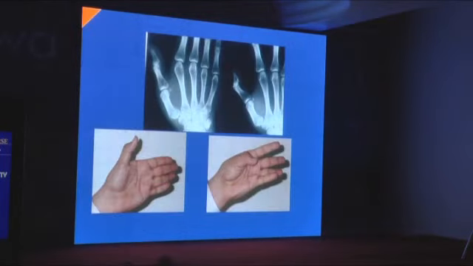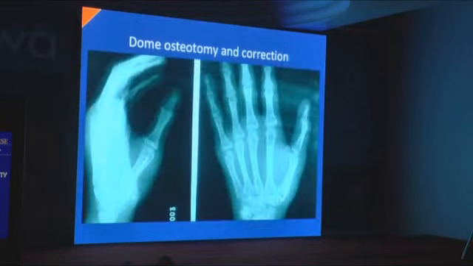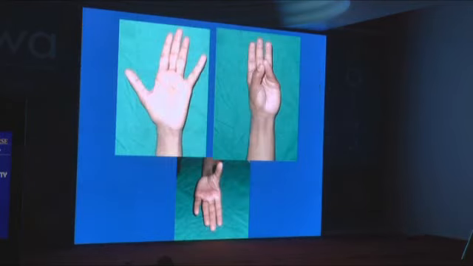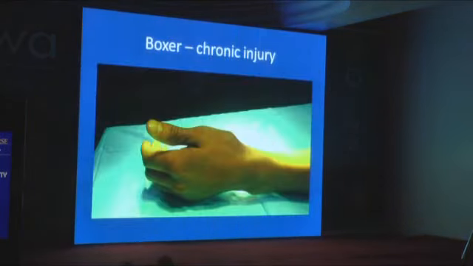And if it malunites, you get a zigzag deformity. So you get a distal deformity which has to be corrected by some correction, as we saw in the carpal bones. Similar thing happens, and you get a zigzag deformity. You need to do an osteotomy. You can correct them and you can fix them. I did a dome osteotomy there, and you can correct it well.